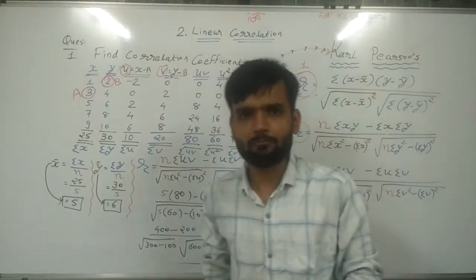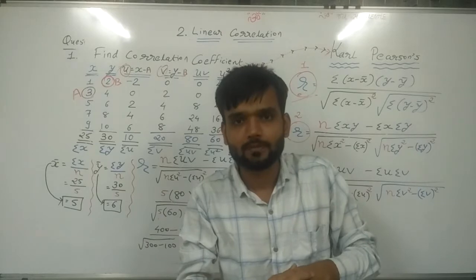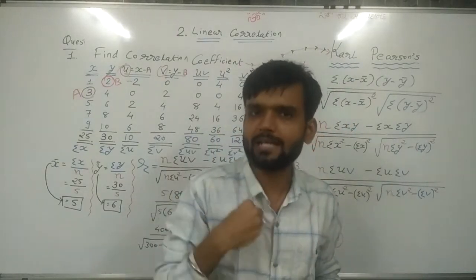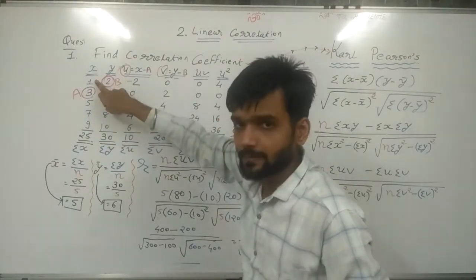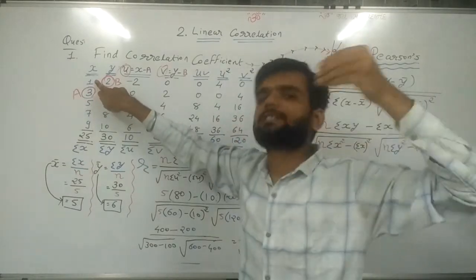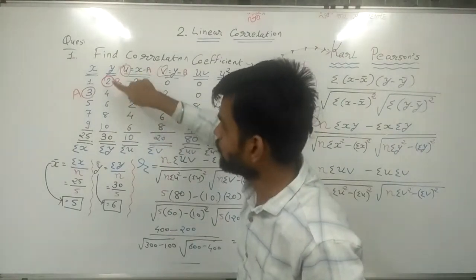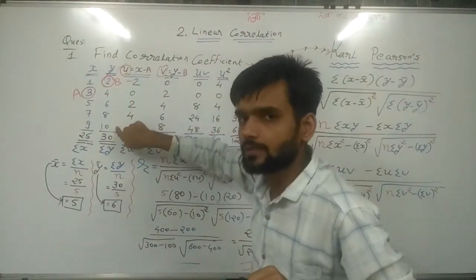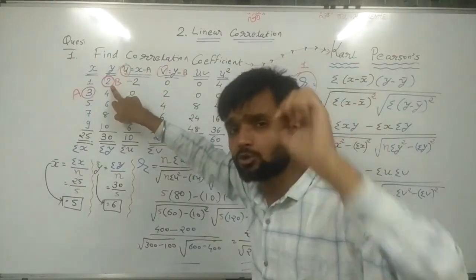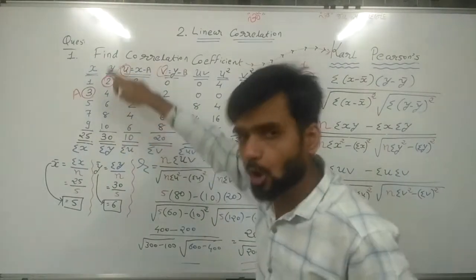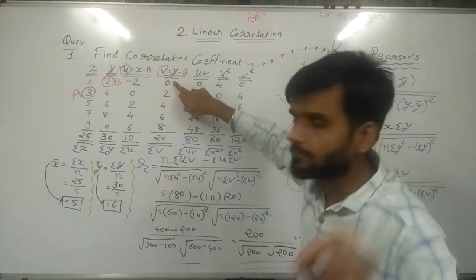If some students have a problem with signs, minus sign and plus sign, and multiplication of them, then one suggestion from my side is, whenever you are deducting any value from the x, select the lowest value. Giving an example, suppose y values 2, 4, 6, 8 and 10 are given. From all these values, the lowest value is 2. If I select 2, then deduct 2 from all the values of y, y minus 2, then see here, all the values are positive.